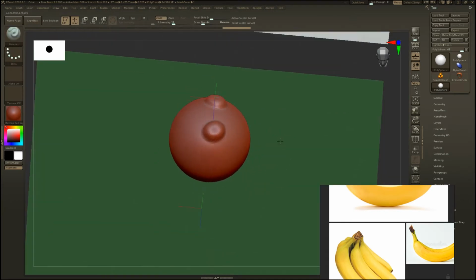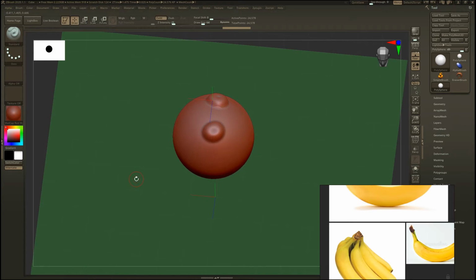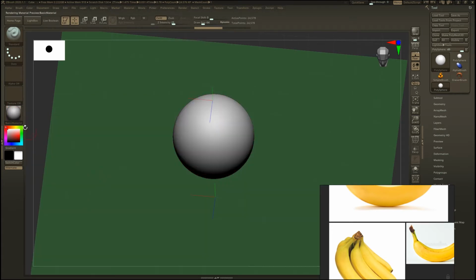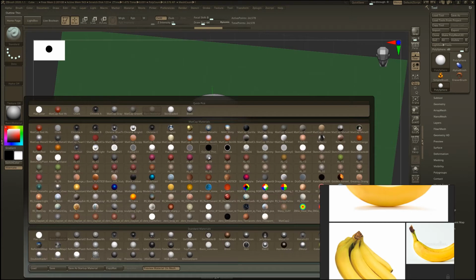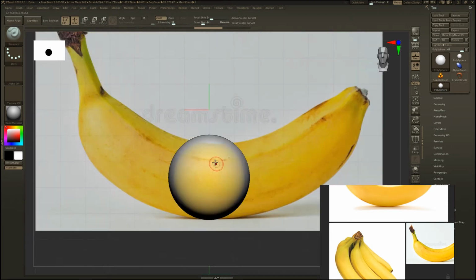The other thing is the model is looking red because of the red wax material which comes by default. But we want a grayscale model. As you have seen online, most of the characters are in grayscale. So go here, click on it and choose the material here. These are the materials which I installed. You have to choose this material which comes installed with ZBrush.